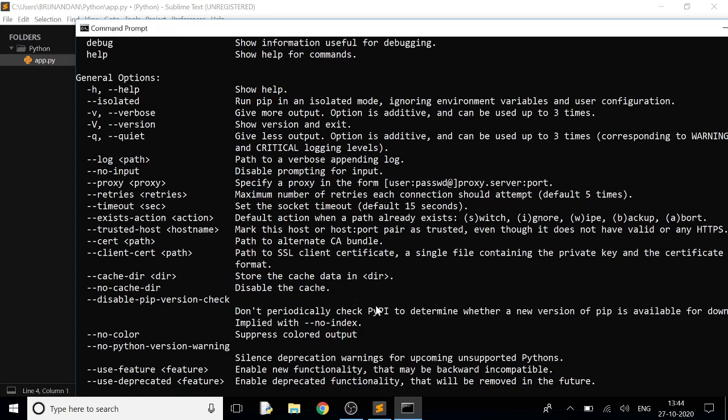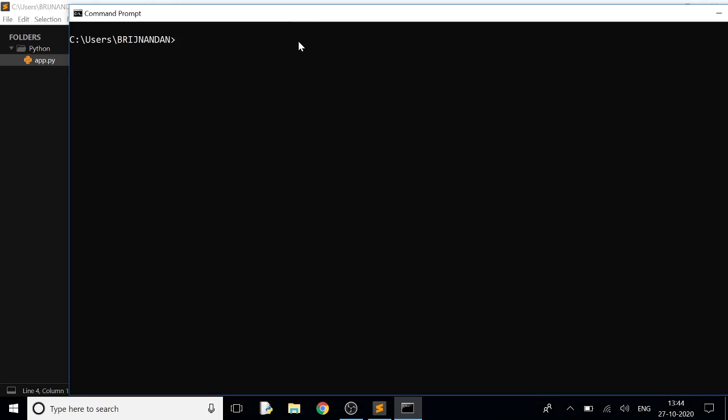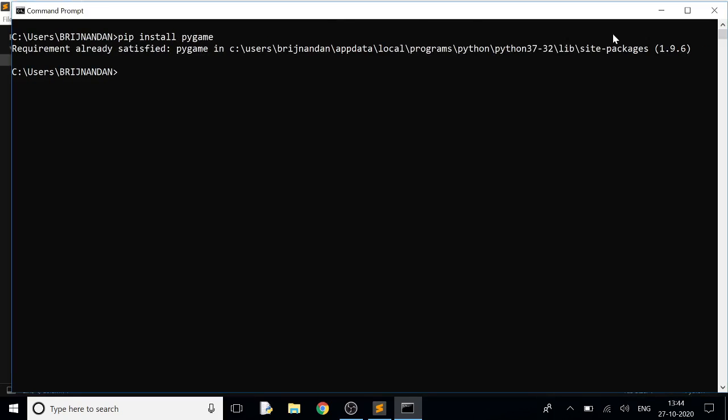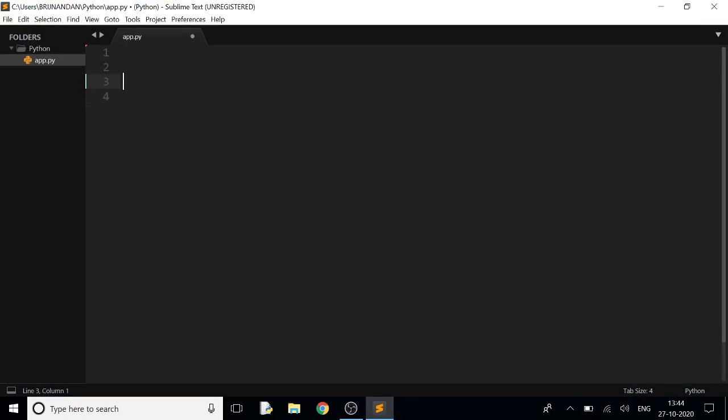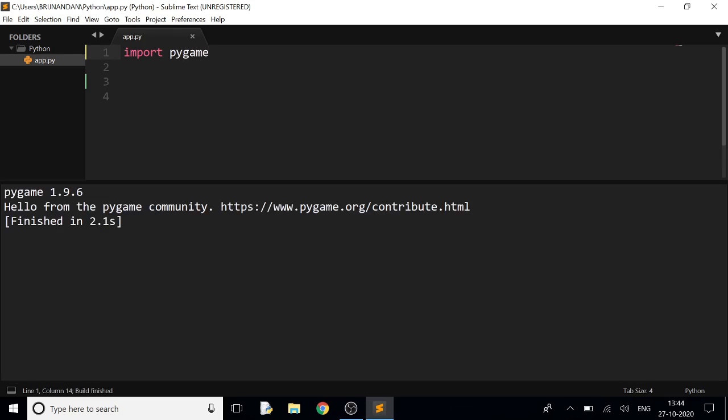So I'm going to clear this all. And now to install pygame, I'll write pip install pygame. Now on hitting enter, in your case it should say collecting pygame, then it'll start installing it, but for me it's telling me requirement already satisfied because I've already installed pygame. I'll show you. Now here type import pygame, and if you get some message like this, then pygame is successfully